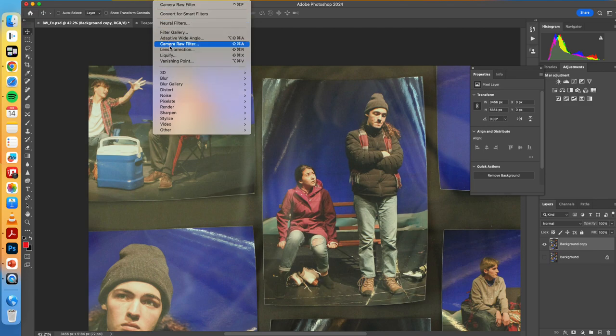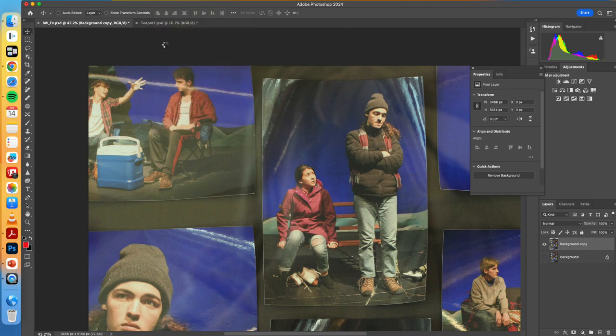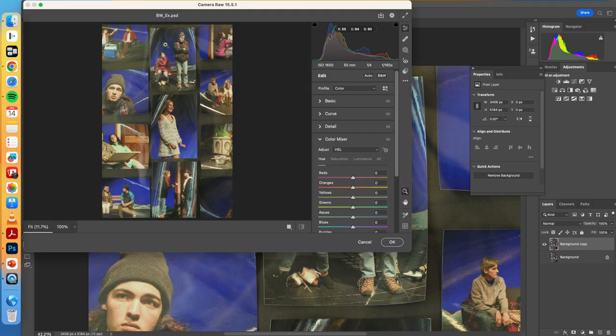And then I'm going to go down to Camera Raw. Don't click the top Camera Raw. That's just like the shortcut to the last thing you did in Camera Raw. You don't want to use that because each time you use it, you're going to try and do new things. So go to the actual Camera Raw filter. Some people mess up on that. So Camera Raw filter, and this is something that I like to have students start out with